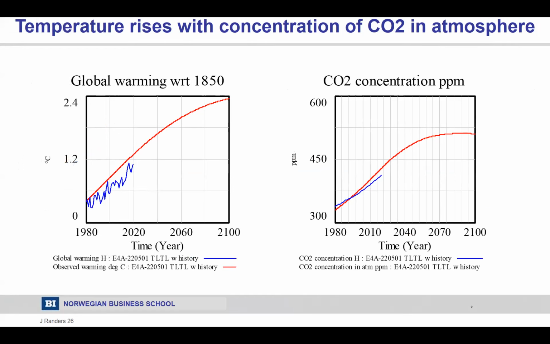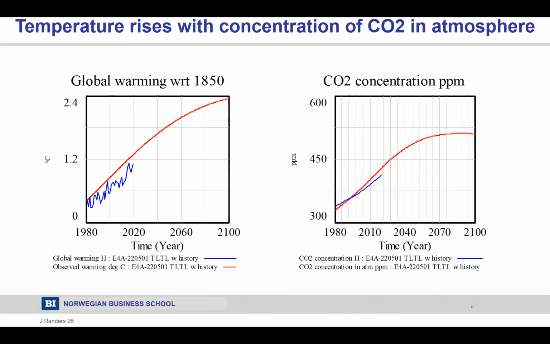And the result is then global warming. The red line is model output. The blue line is what has actually happened over the last 40 years. Once more, we have deliberately included a difference between the two, because it is easy to go into the climate model, just twist a few knobs of things that people don't know what they are, and get the two curves to match perfectly. So this is again a reminder. And the reason why the global warming occurs in the model is, of course, that the CO2 concentration increases in the model system like in the real world.